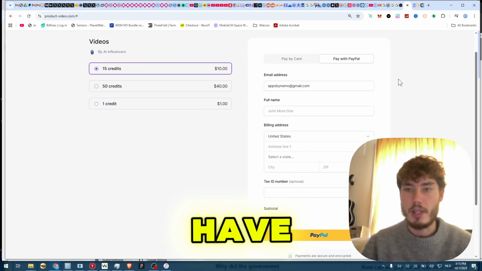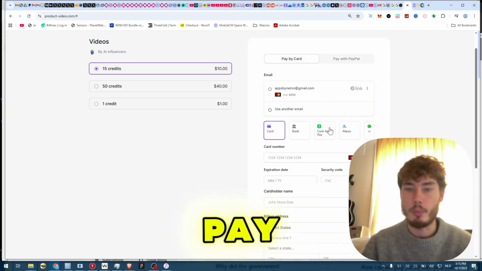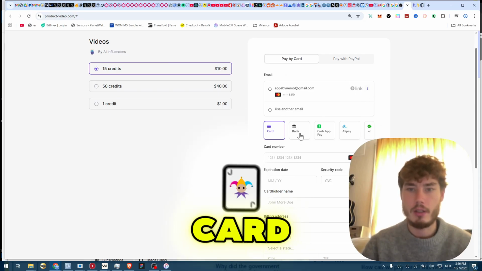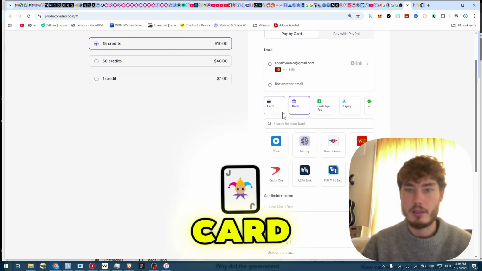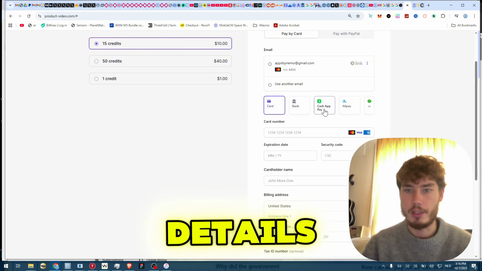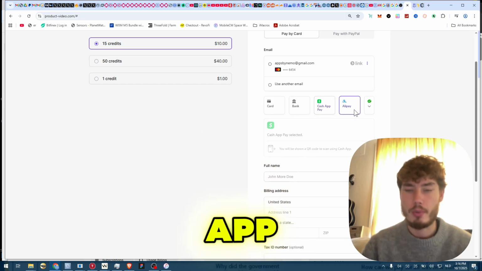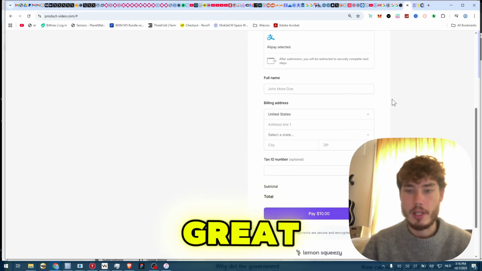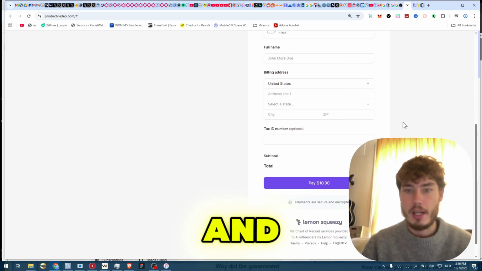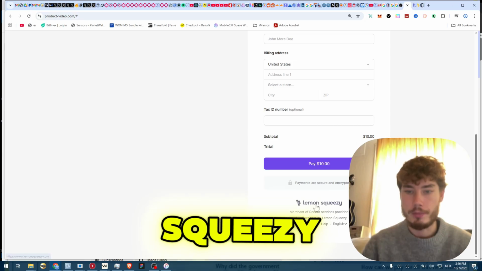Here you can see we have a PayPal option or pay by card. Under the pay by card, we have the saved link credit card. We can use an American bank card, enter credit card details here, use Cash App, Alipay, or WeChat Pay. So this is great for American markets. And here you can see LemonSqueezy